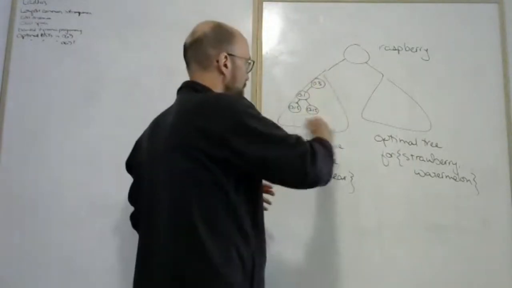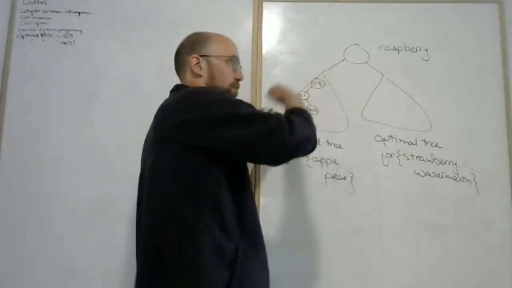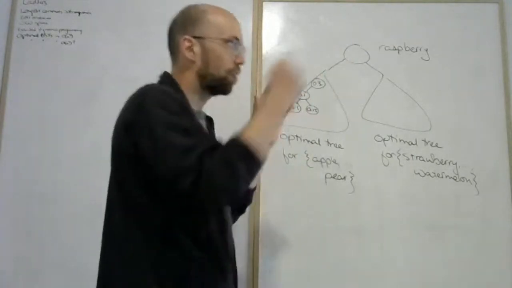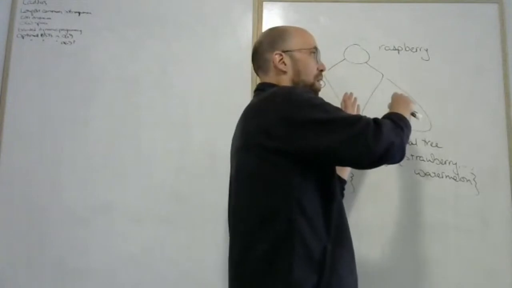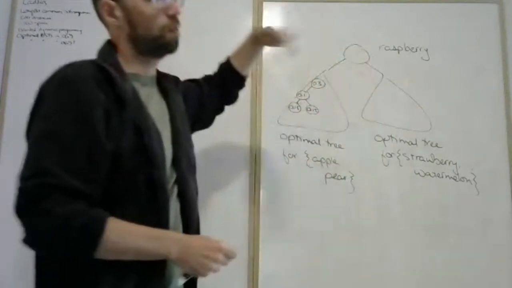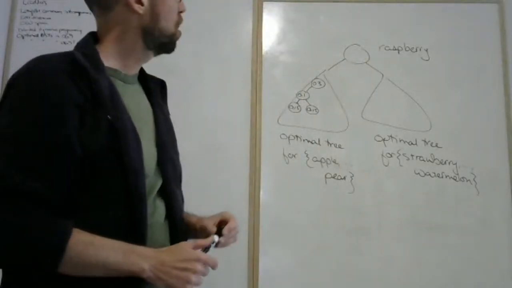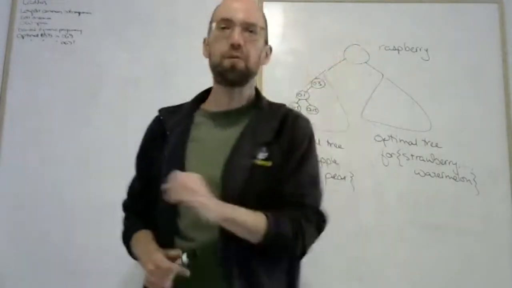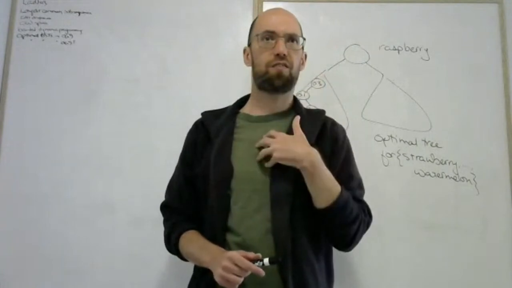So it's going to be the cost of this tree plus the sum of the weights in this tree, because you're dropping it by 1 level, you're increasing all the depths by 1, plus the cost of this tree plus the sum of the weights, and then this doesn't distribute because it's multiplied by its depth, which is currently 0. Okay? So if you really want to have raspberry at the root, then you can ask your